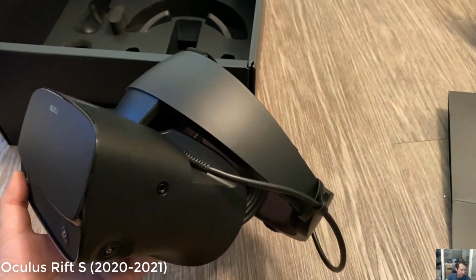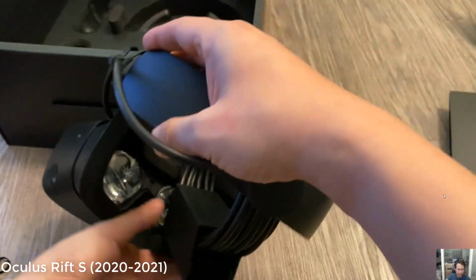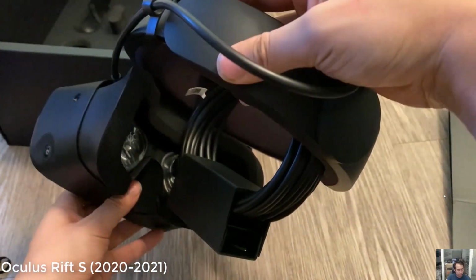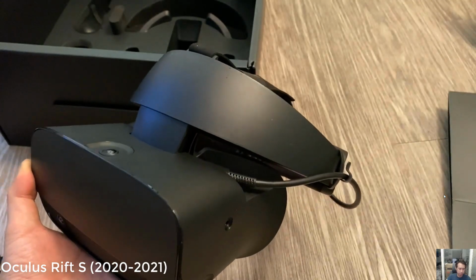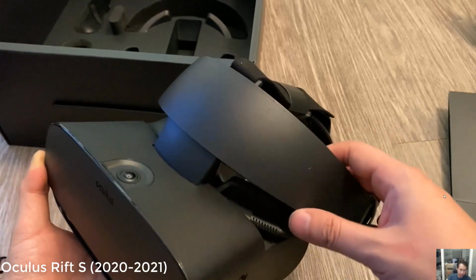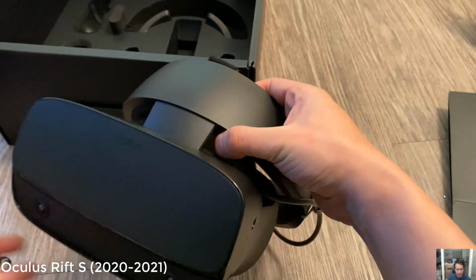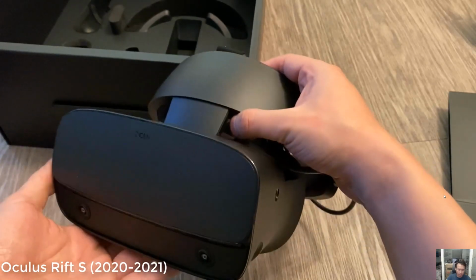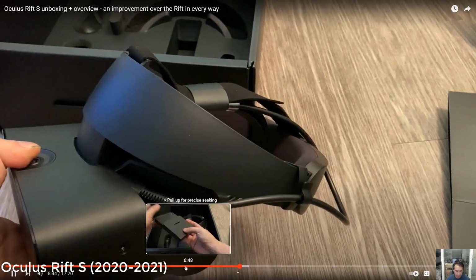Okay, so my next HMD is the Oculus Rift S, the successor to the Oculus Rift, which I got back in 2020. This headset I actually used quite a bit. This was my third VR headset after the Oculus Rift Dev Kit 2 and Oculus Rift. Yeah, the Oculus Rift S is really good. I really like this headset. I used it a lot. Yeah, I believe you still need to have...